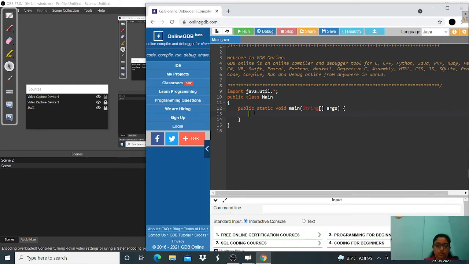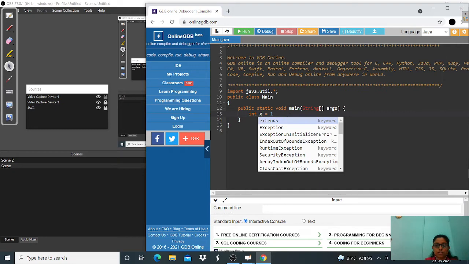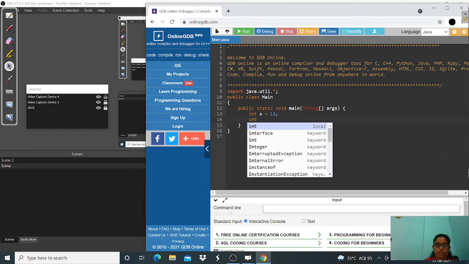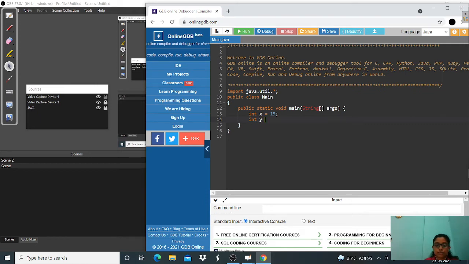First I take an integer, int x equal to 15. Then we take another integer, y equal to 10.